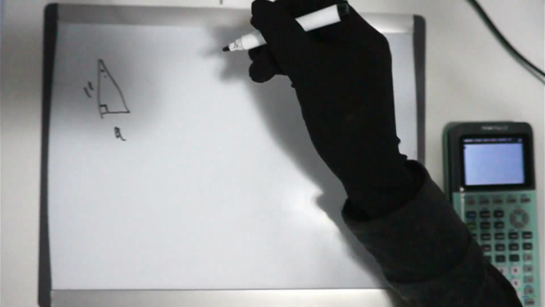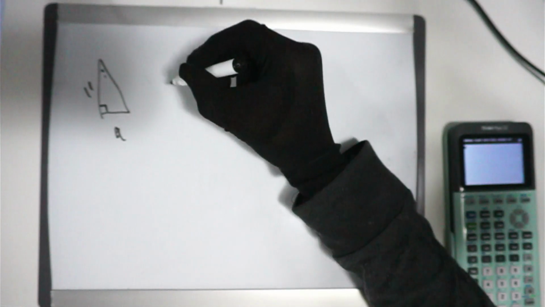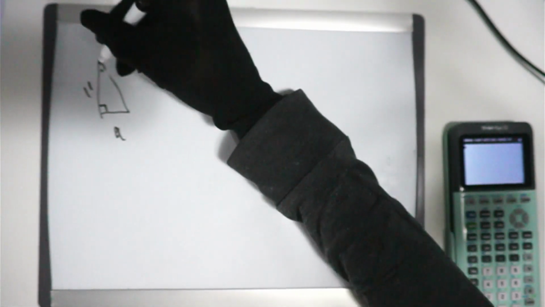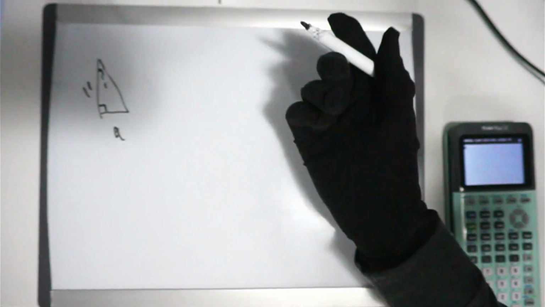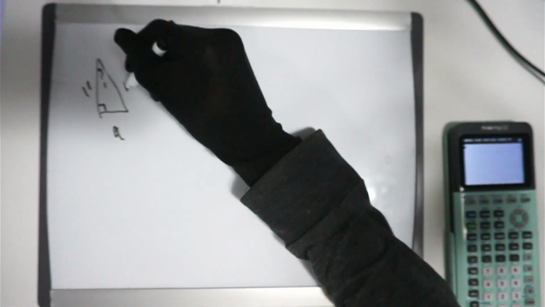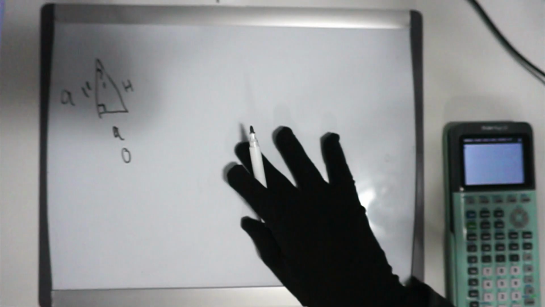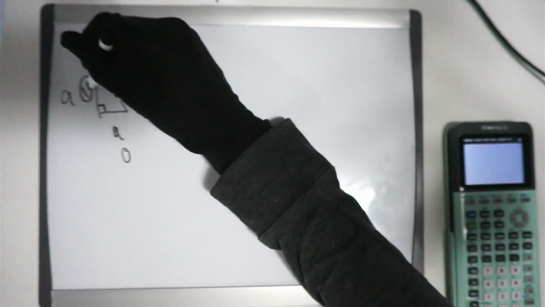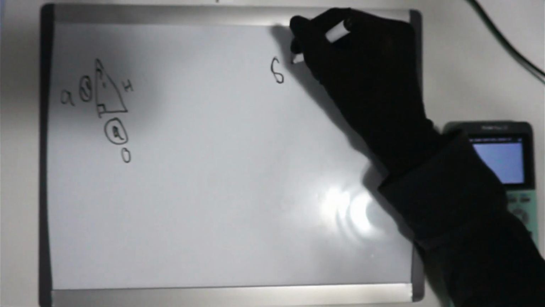So what we know here is that we're trying to find this degree. Camera doesn't pick it up very well, so I'll just make it a little bigger. There you go. So we know that this is the hypotenuse, this is the opposite, and this is the adjacent. So what two numbers do we have? We have the adjacent number and the opposite number, which means if we're using SOHCAHTOA,